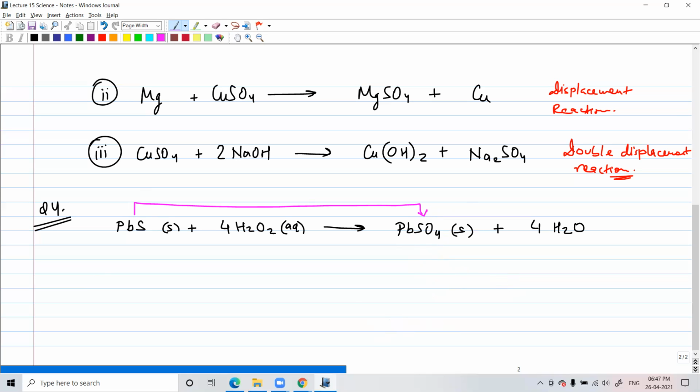Yes, there can be compounds with SO3, I think, yes. But I will check that, I'll confirm, okay? Like I said, I don't always know everything in chemistry. So I only know things which you need to study. I will check whether SO3 is also possible, but I will check it out. Okay. Yes, sir. Okay. So let's